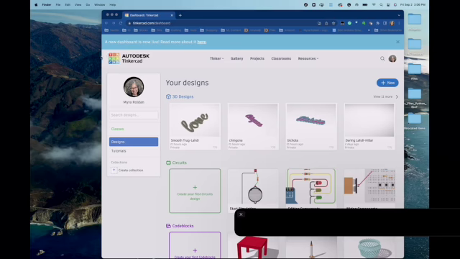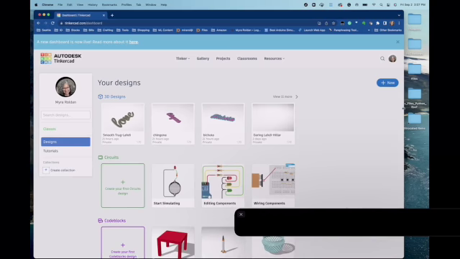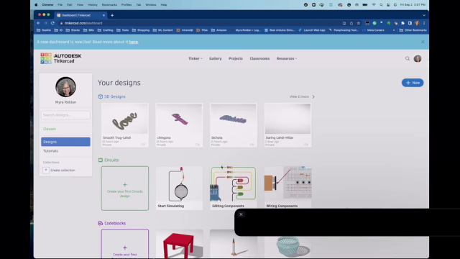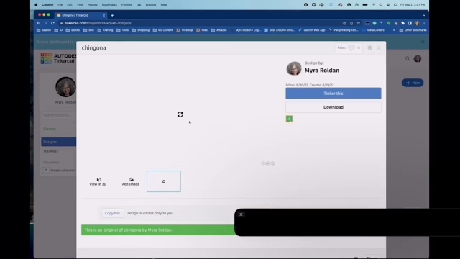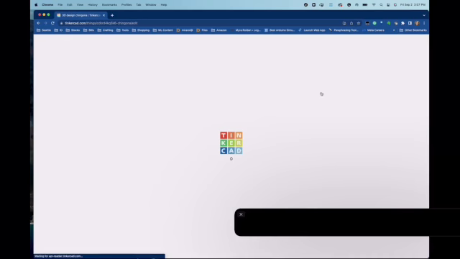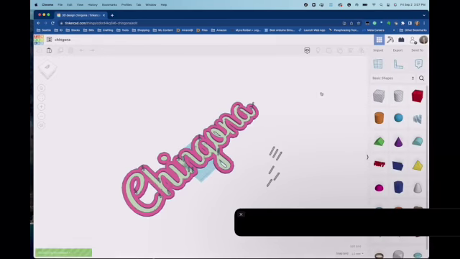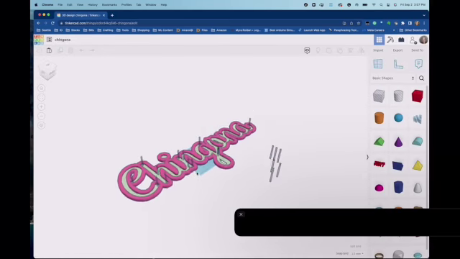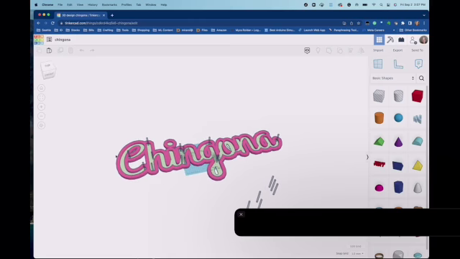Let me make this a little bit bigger because I know you guys are on a tiny screen and this is horizontal and stuff. And I'm going to show you some files that I've created. This is for a sign that I created for my friend, and that's going to load. Let's see here. Hopefully it'll load. Let's just tinker it so you can see it. There you go. All right, so this is a 3D file that I created,